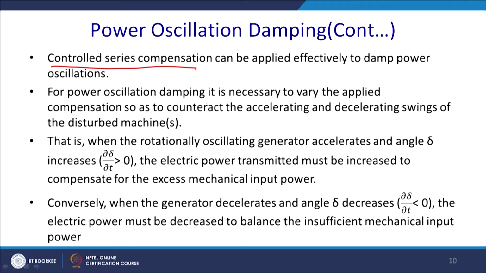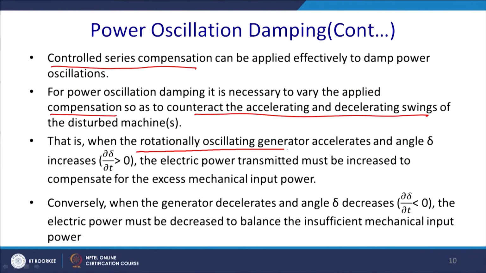The power oscillation damping, it is necessary to vary the applied compensation so as to counteract the accelerating and the decelerating swing of the distributed system. So, cause of this power oscillation is overthrow of a heavy load or insert of the heavy load in the power system or overthrow of any generator due to loss of synchronization. So, what happened then? And then